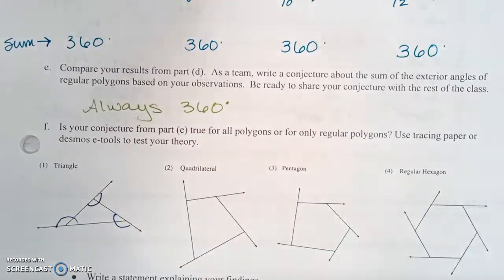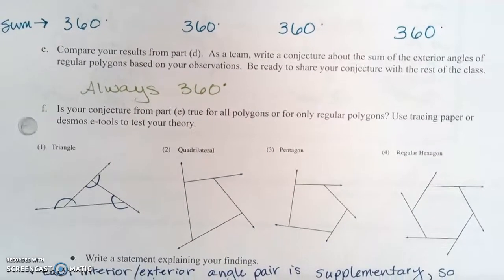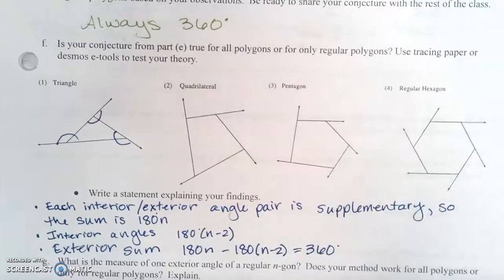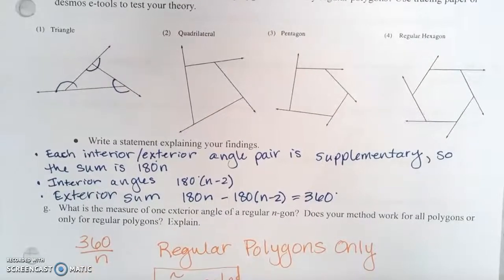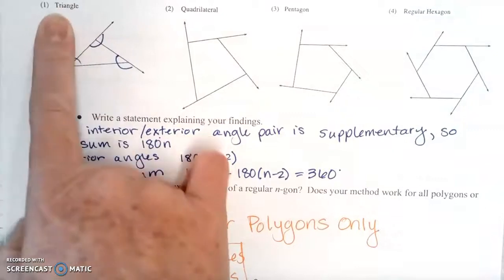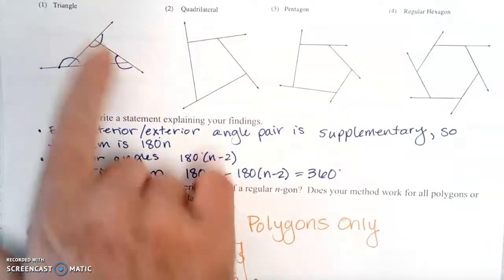It is. So for part F, they want you to show mathematically how. It says, is your conjecture from part E true for all polygons or for only regular polygons? You can use tracing paper if you want to, or they even have an e-tool, but it's not really helpful, okay? So what do they want us to do? They want us to look